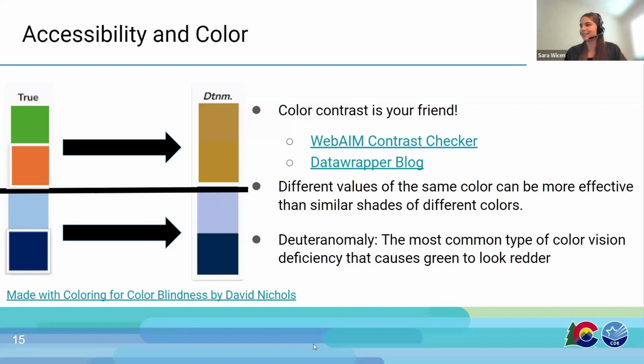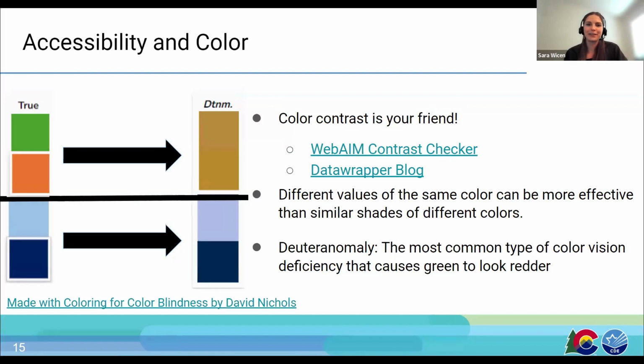Honestly, I could talk about this for quite a while, but for the sake of time, I'll just say that Dana and I and everyone at LRS would love to help answer these questions if you're having any issues with your own visualizations or just want more information on it. And with that, I'll hand it back over to Dana.